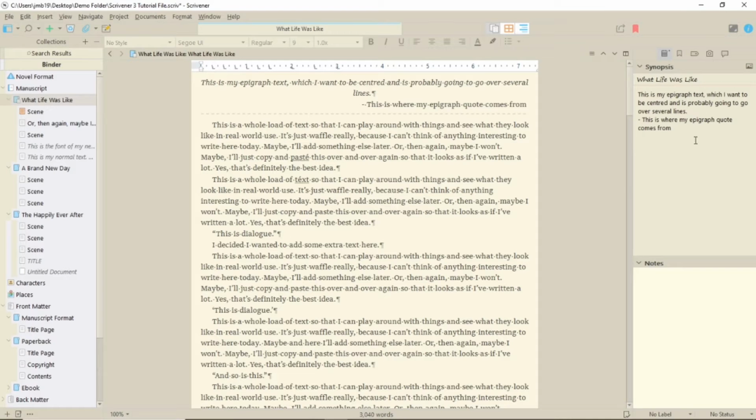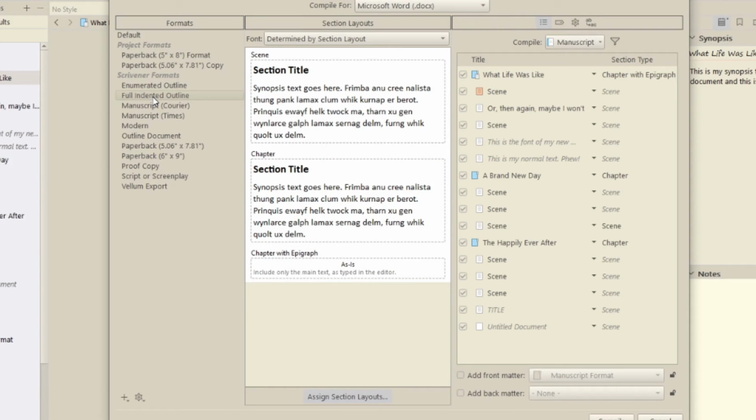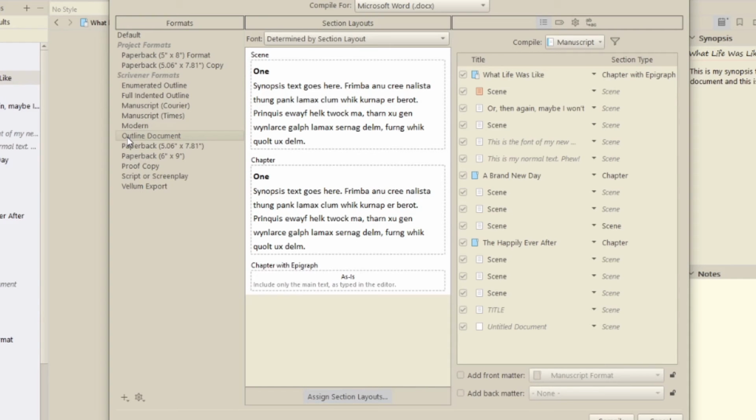In fiction, the synopsis box could be used just to remind yourself what happens in the chapter or scene. In non-fiction, it may actually be the basis of a document you need to create. I suppose you could do that for fiction too, if you wanted a printout of what is contained in your actual manuscript. For that purpose, there are some templates that include the synopsis, such as the full indented outline and